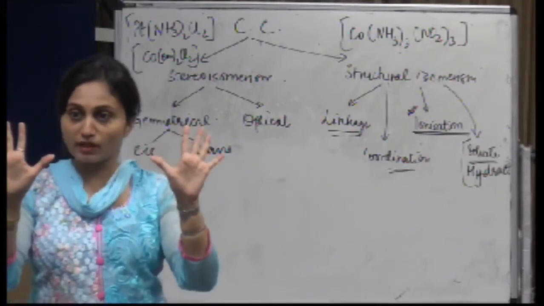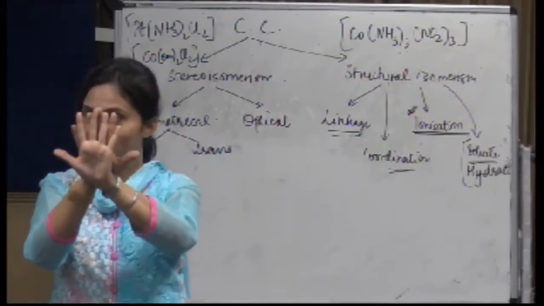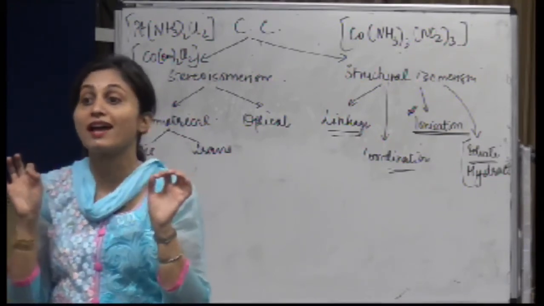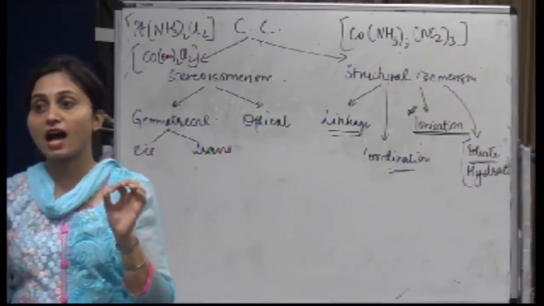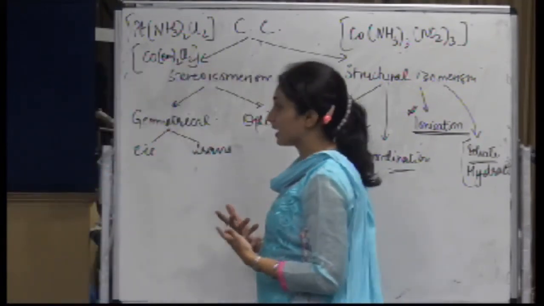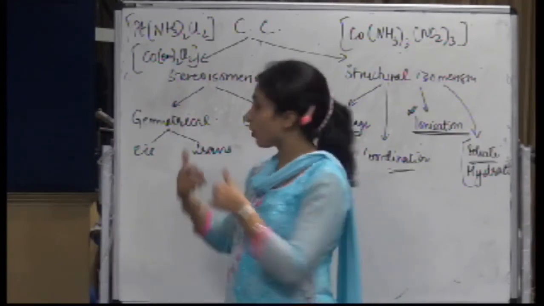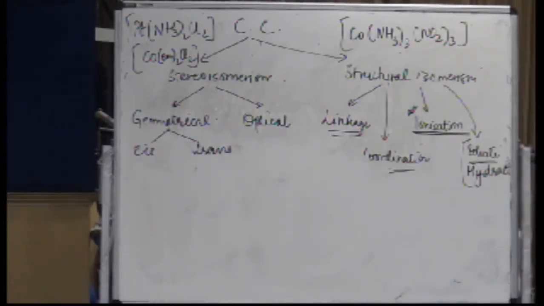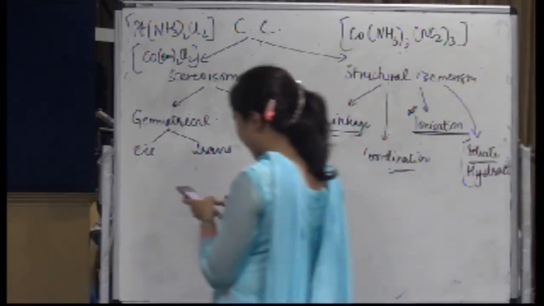So this is the mirror image. I will pick it up and put it on top of it. This forms non-superimposable images, which means that the structures are chiral. CHIRAL. So such structures are called as chiral and they display non-superimposability or will show optical isomers. So I will just give you an example of this. For say optical isomers, I will look into the text only. Say if I have